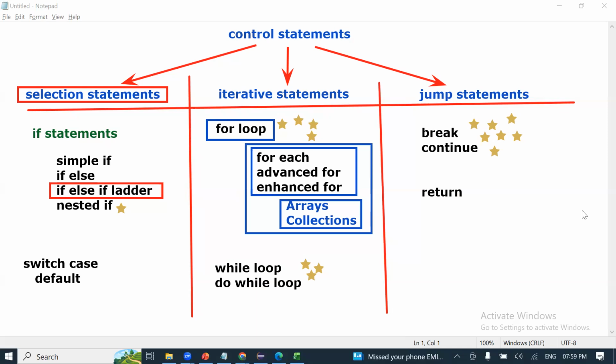That is why it automatically qualifies as an interview question. So break and continue, from my perspective, I might be wrong, is the most important from the interview standpoint and project standpoint. Then for loop, then while loop and do while, and then nested if.